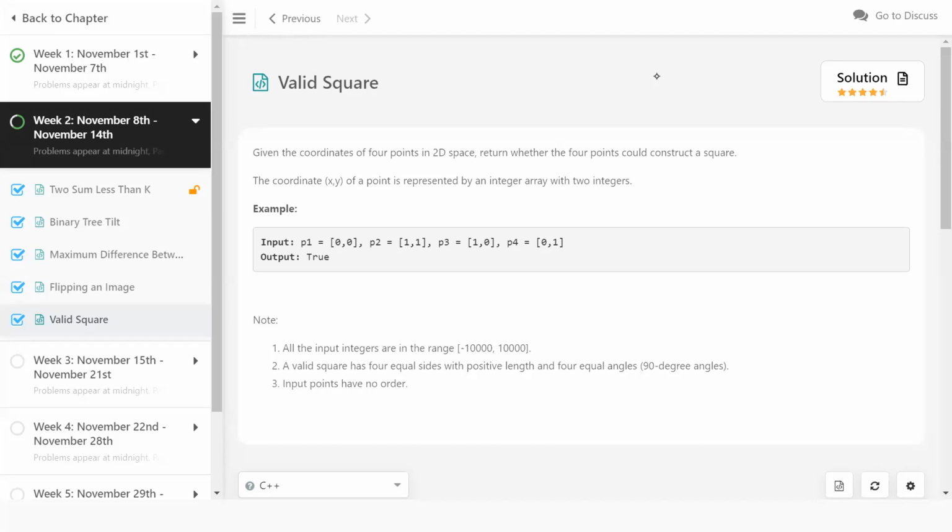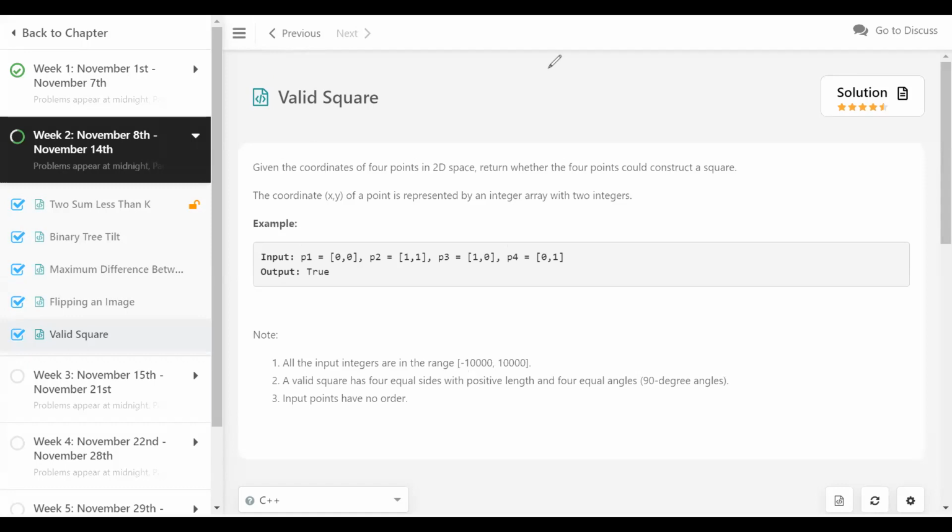The problem gives 4 points in a 2D space, and we need to figure out whether they make a square. A square has four corner points. Whether these 4 points are going to make a square. It involves simple math from high school, essentially geometry, analytical geometry or Euclidean geometry.